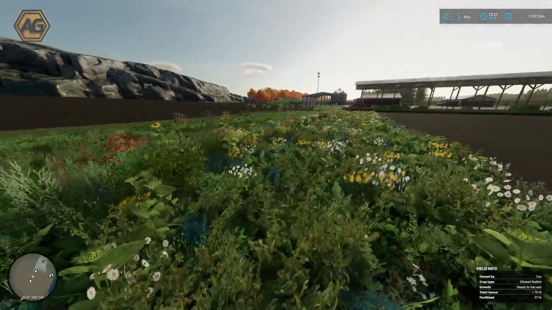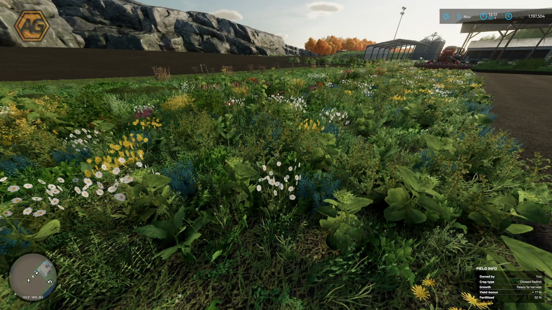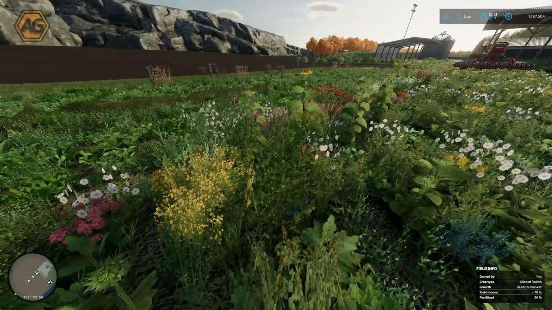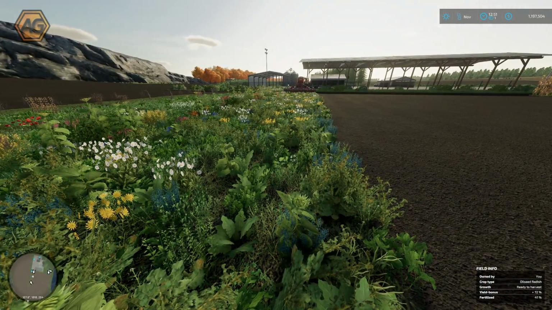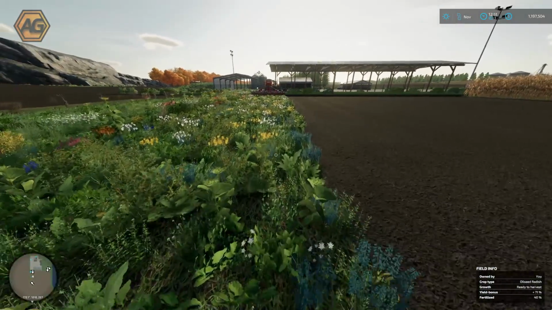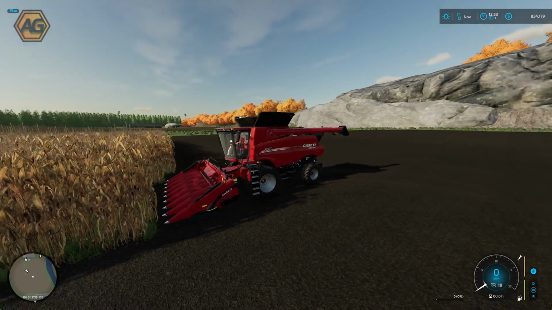So that's fantastic. Actually, I really like that as a purpose and use for oilseed radish. Throw that in with the conservation agriculture mod that we previewed a couple of weeks ago. Some really good functions and really good ideas that can be applied to Farming Simulator now. So that's very cool. Now there's one other thing I realised I didn't test, and that was the crop destruction,